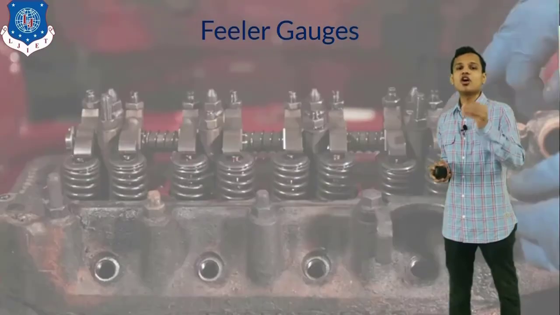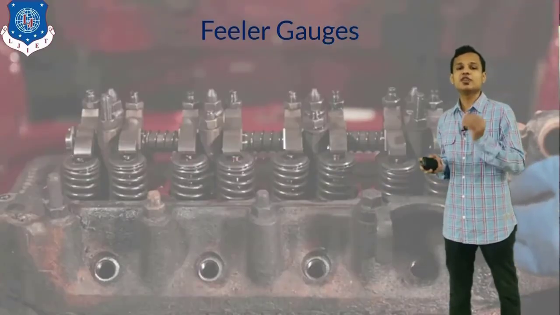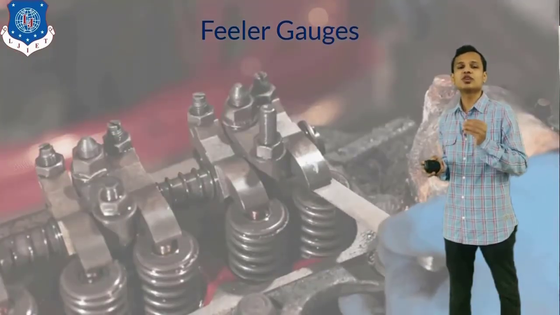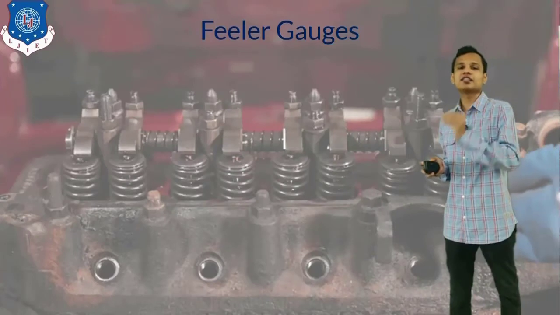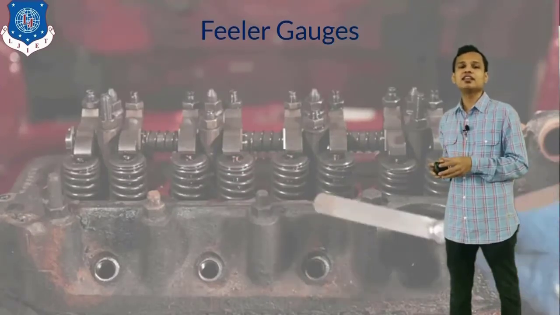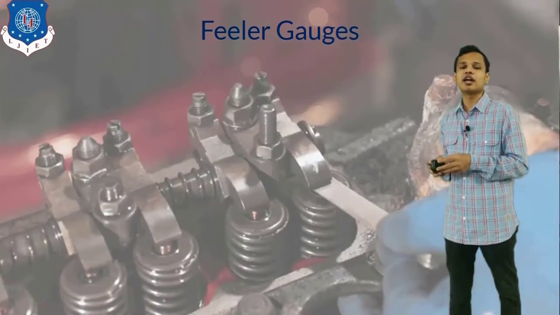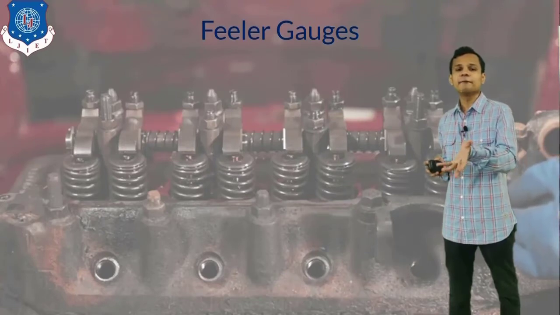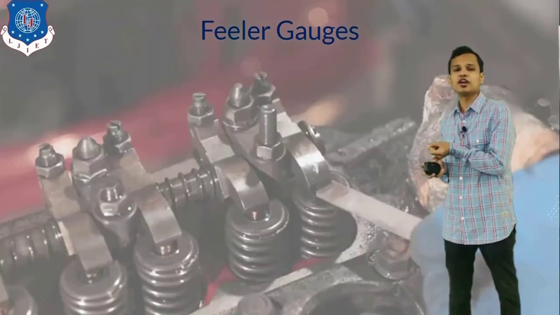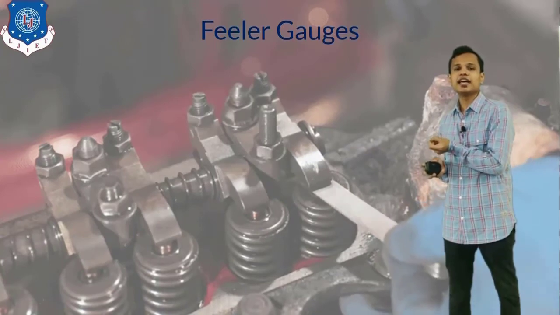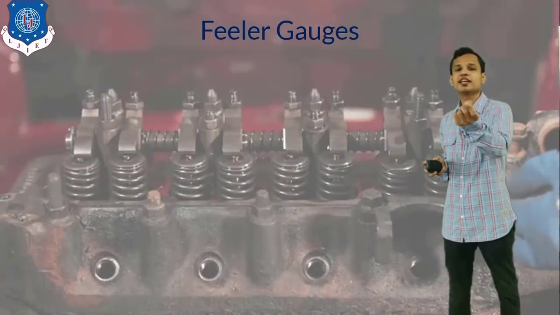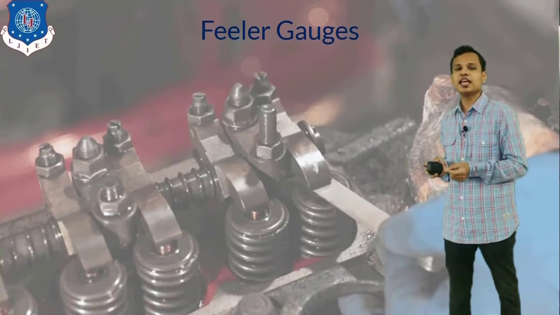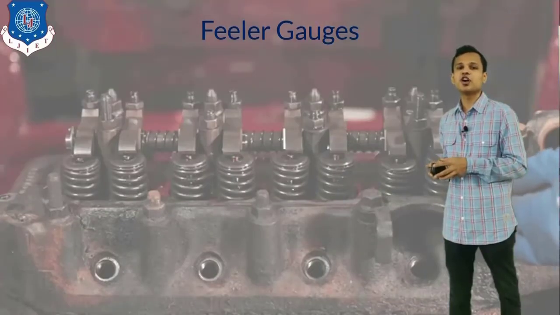Now in the background of the video you can see the feeler gauge is used to measure the valve lash. Valve lash is also known as the rocker arm gap adjustment procedure. Right, in that we can see the feeler gauge is entered between the rocker arm and the valve head, and if the feeler gauge is entered properly and can be easily taken out, then the feeler gauge gives the value of the clearance between the rocker arm and the valve head. Right, so with that, one example has been shown which is used for feeler gauge measurement.